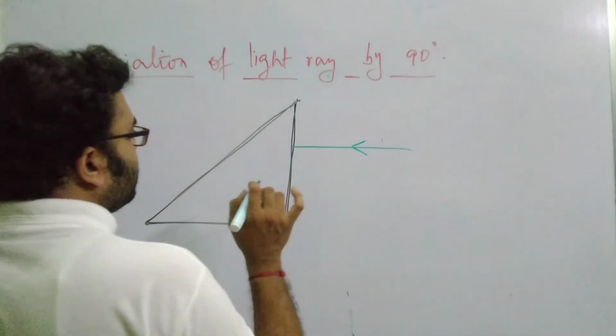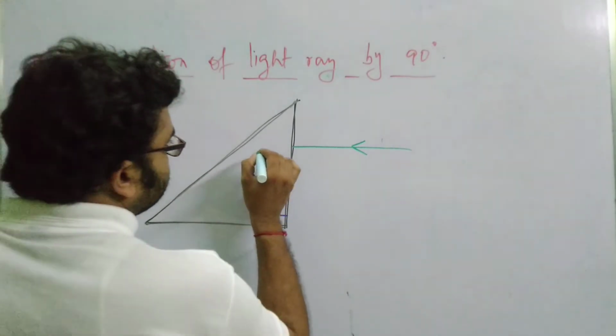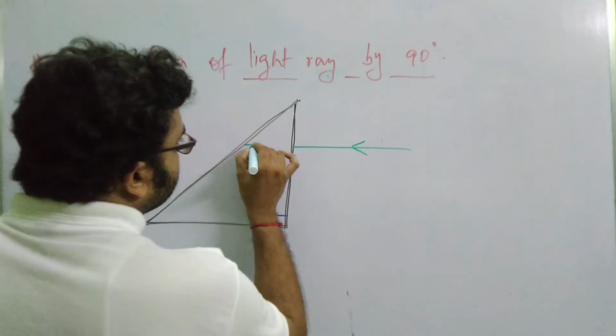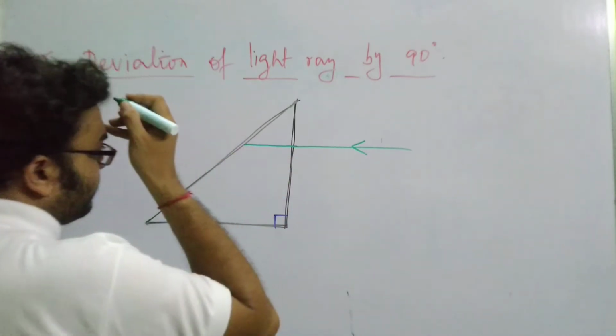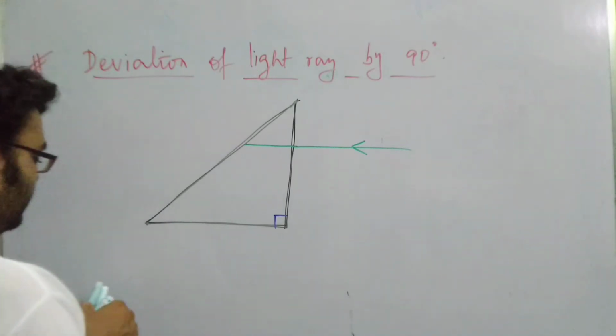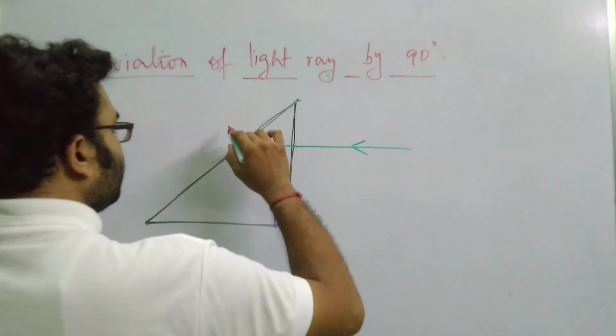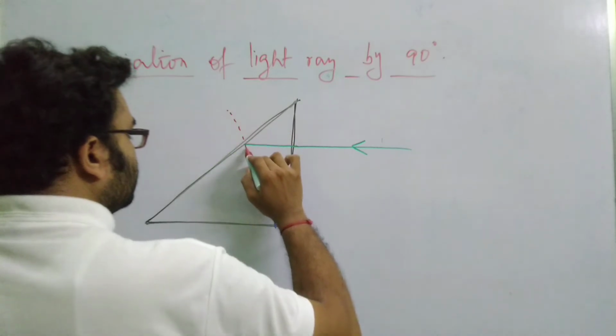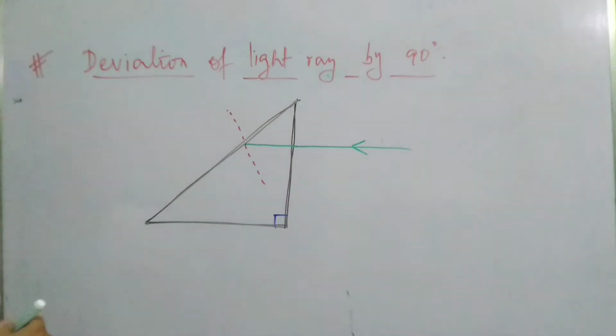You know that if the angle of incidence is 0 degree, then no reflection takes place, and the light ray will continue and hit on this surface. Now, if I consider this point and draw a normal at this point, so the normal will be something like this, okay. Now, generally for a glass prism, the critical angle is 42 degree or 43 degree, something like that. Now, can you determine the angle of incidence at this point?